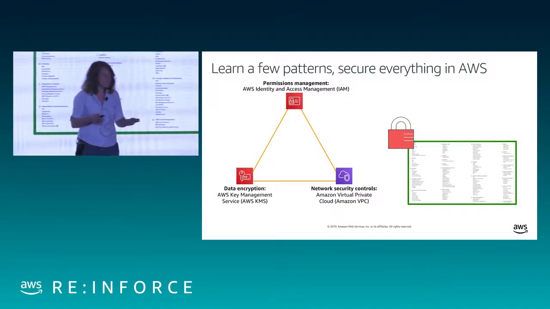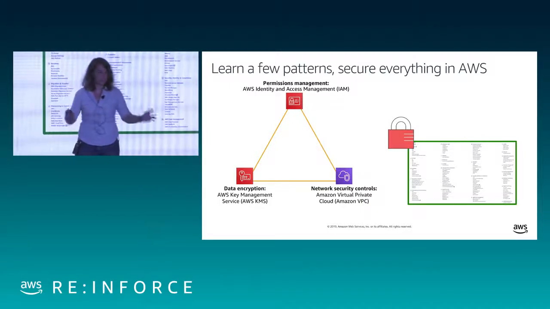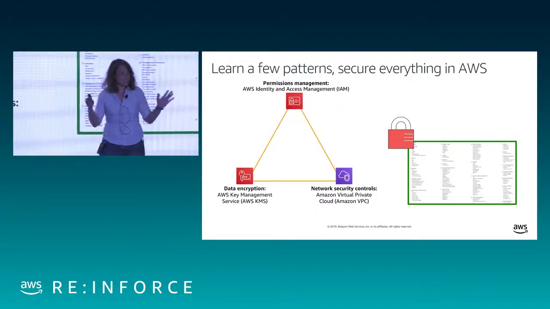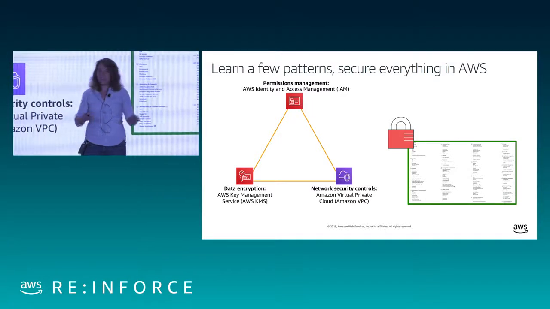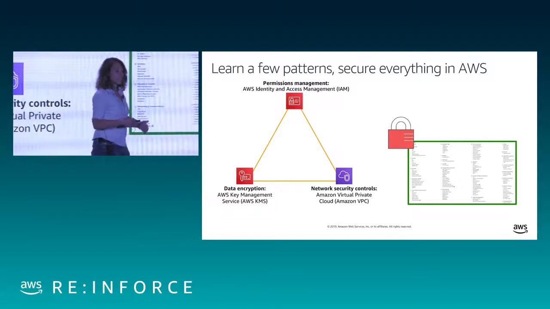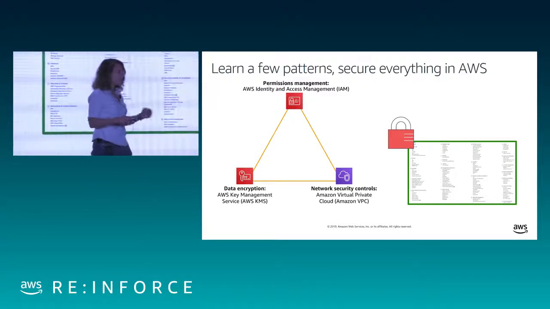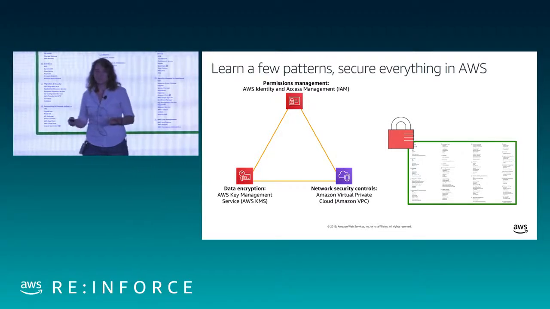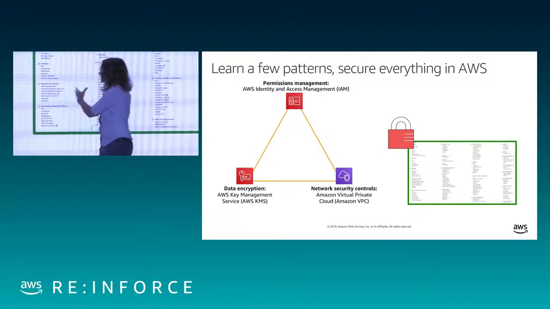But if you want to secure an AWS cloud environment, which is presumably why you're all here, although there's a triple-digit number of AWS services now, there's really only a small handful of what I'm going to call fundamental patterns that repeat over and over again across all of our services. If you know how to recognize them and what to look for, you can be very effective at securing all of these services. So you learn a few patterns and you're able to secure all of them.